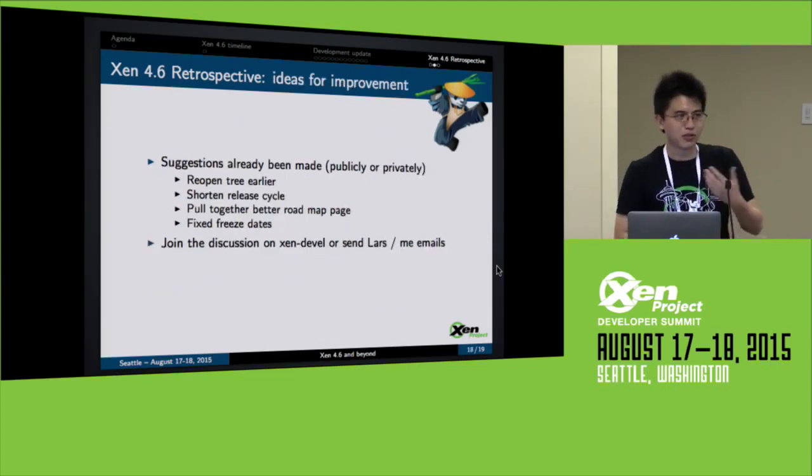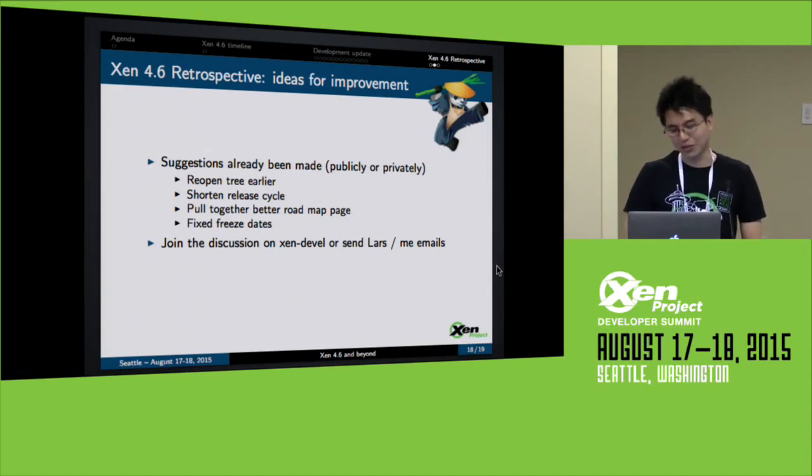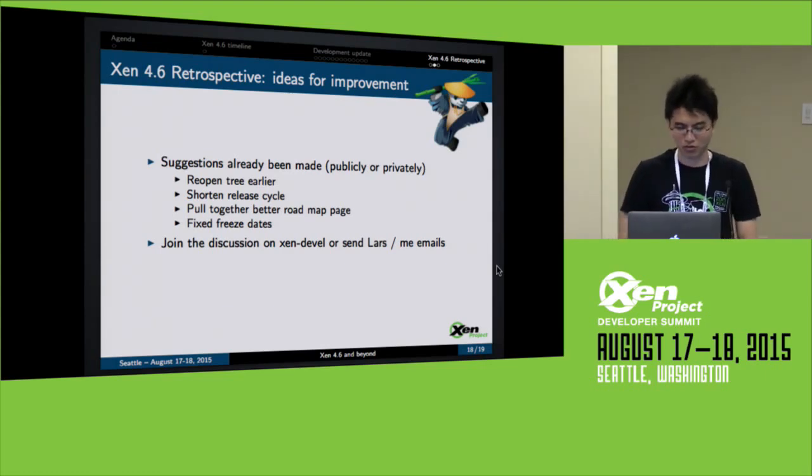We already kicked off the discussion on xen-devel, started by Lars. You already have some suggestions so far, either made publicly or privately to me and Lars. Ideas such as: we should reopen the trees earlier for contributions so that contributors don't keep their code for too long.